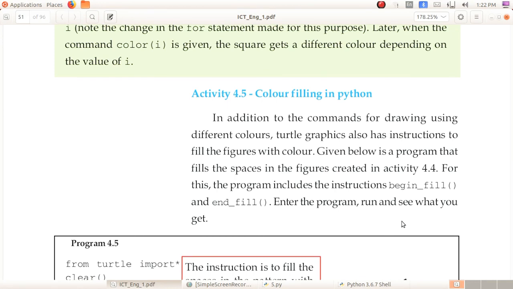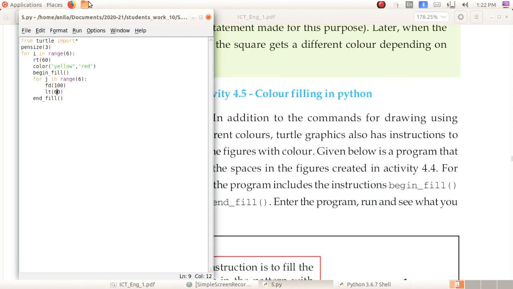You have to draw a triangle and it is for 6 times. I will just show that. You have to write that into your notebook. We want to draw 6 times, then rotate 60 degrees.